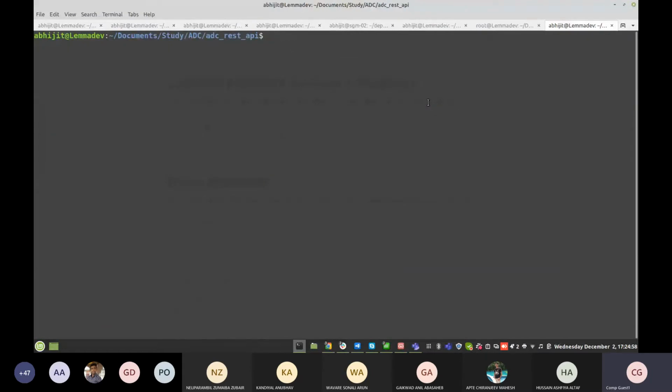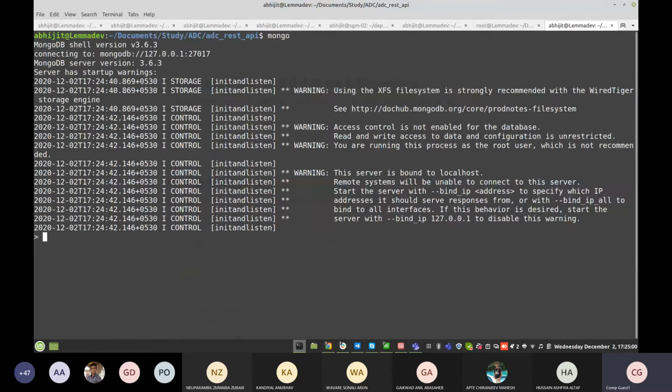With mongo, show dbs. Right now the ADC database is the one we have used for this application.